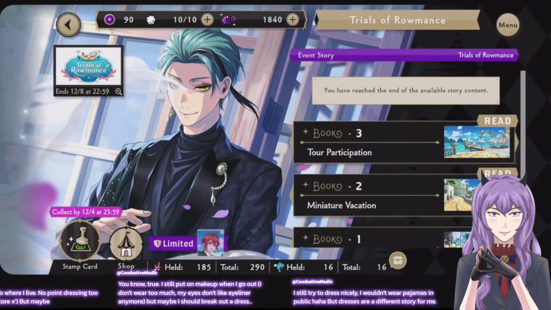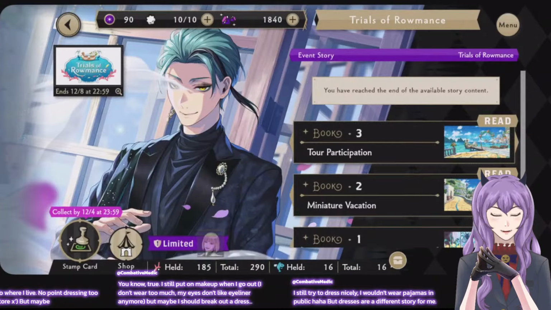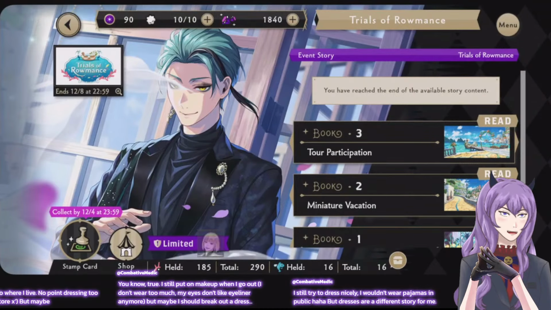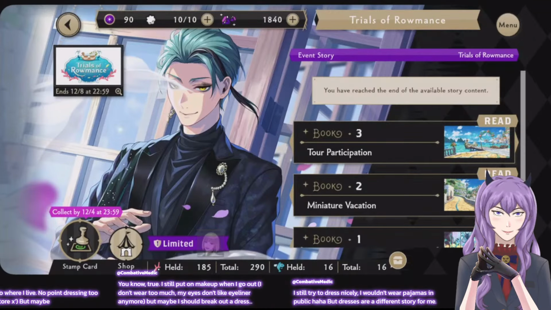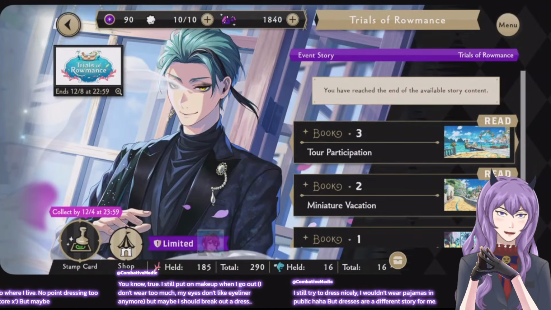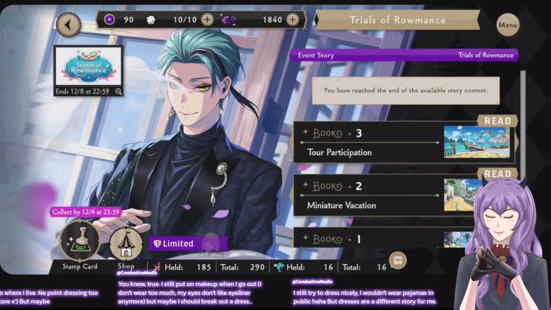But when people wear pajamas in public, yeah. The dresses are a different story. I think I wear pants a lot when I go outside, because pants are just more comfy. But in the spring or summer, that's usually when I end up wearing more dresses, when the weather is a lot nicer.